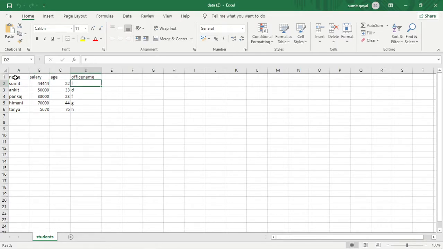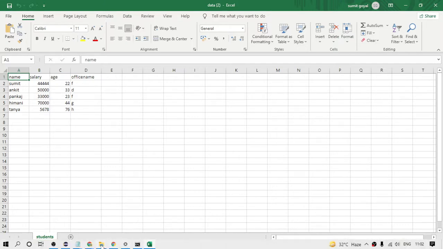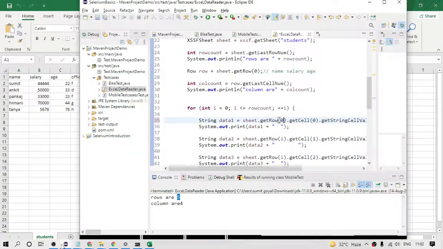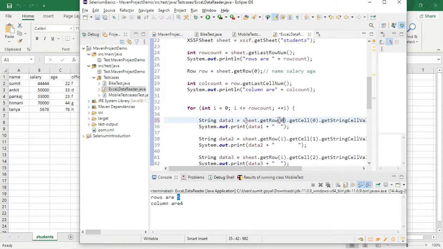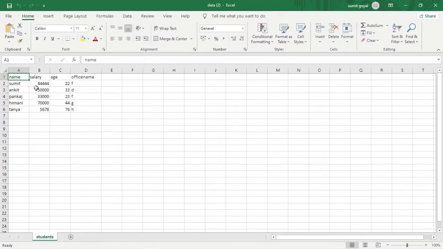So if I want to get name, it will be 0,0, right? So when 0 comes here, 0,0 means this first name will come here. This name value, whatever is written here, will be fetched and placed into the variable.